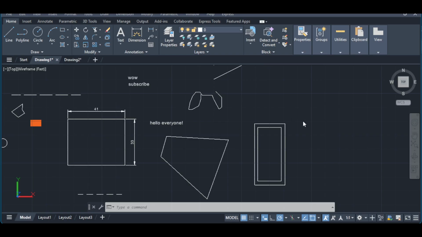To undo your last action, type U on your keyboard and press Enter, or click the undo button on the quick access toolbar at the top of the AutoCAD window. You'll see a small left pointing arrow icon there. As soon as you run undo, AutoCAD reverses your most recent command or change. Keep an eye on the command line, it will confirm what was undone, which is helpful if you're moving quickly